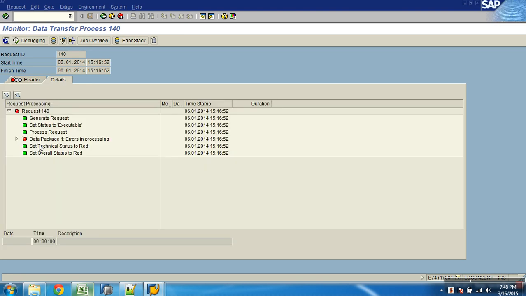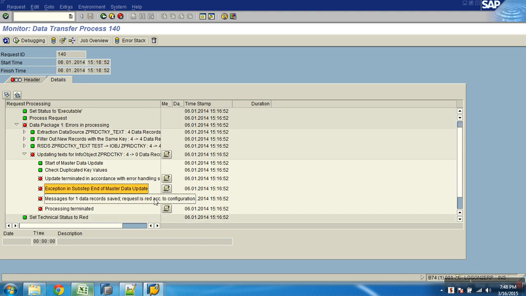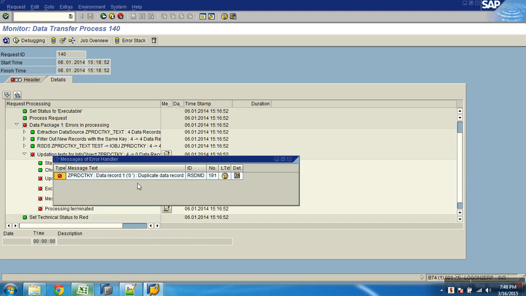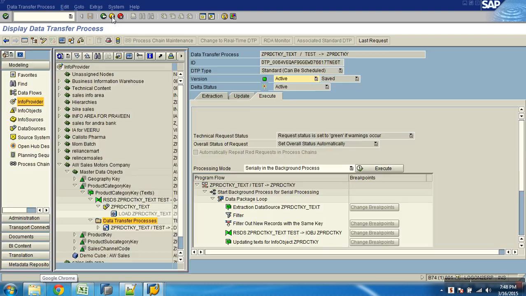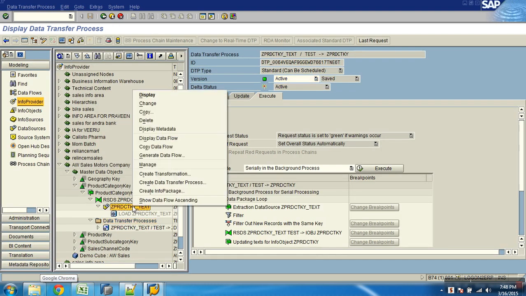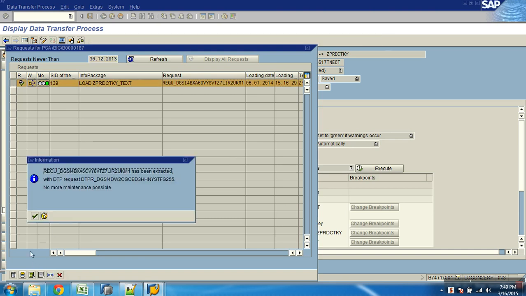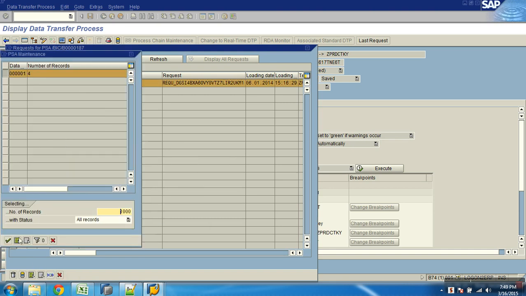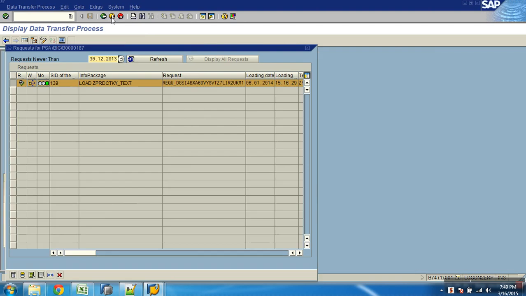Why is there an error? Duplicate data records. I think I have to delete it. Category 1, 2, 3, 4. What is it? I don't know.